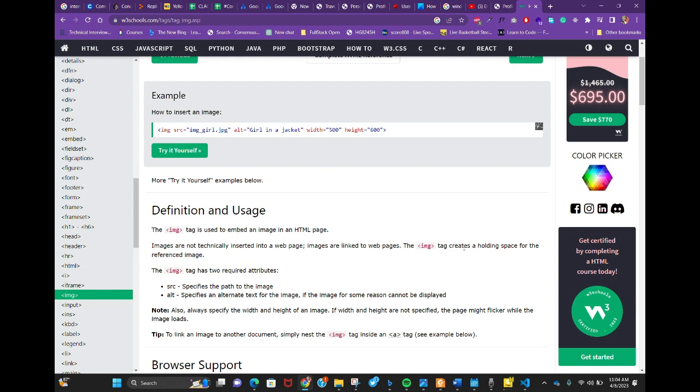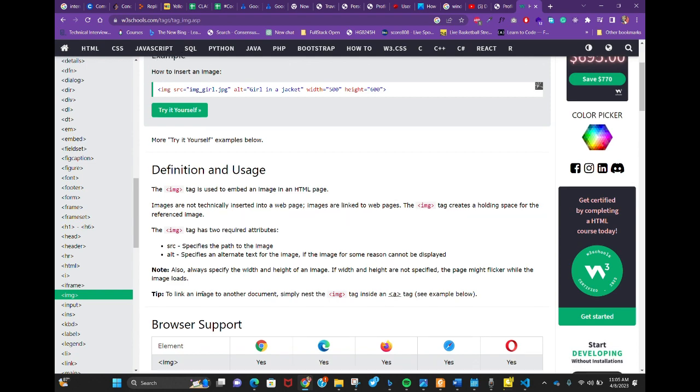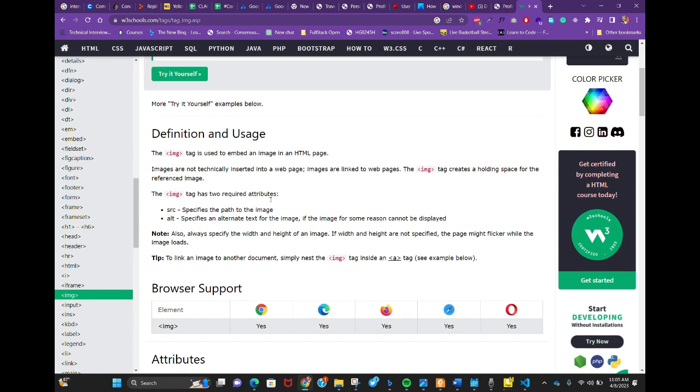The IMG tag creates a holding space for the referenced image. The IMG tag has two required attributes. The src specifies the path to the image, and then the alt specifies an alternate text for the image if the image for some reason cannot be displayed. Note also: always specify the width and height of an image. If width and height are not specified, the image might flicker while the image loads. To link an image to another document, simply